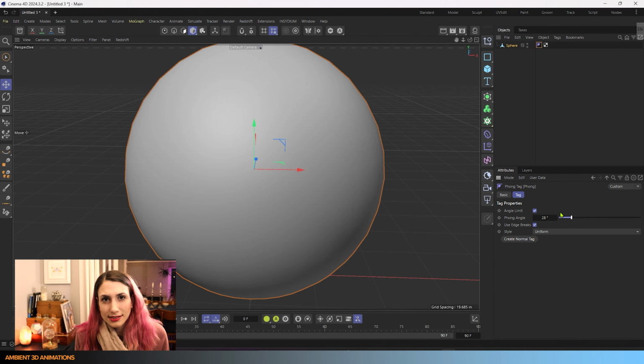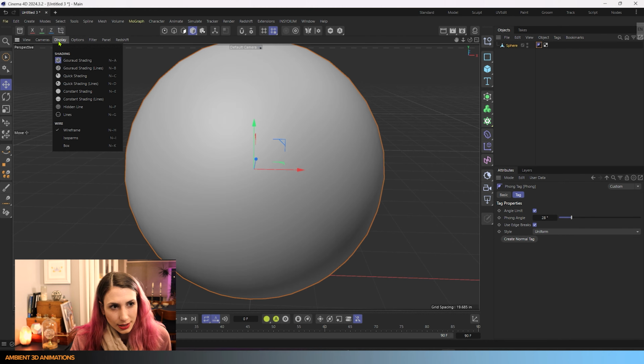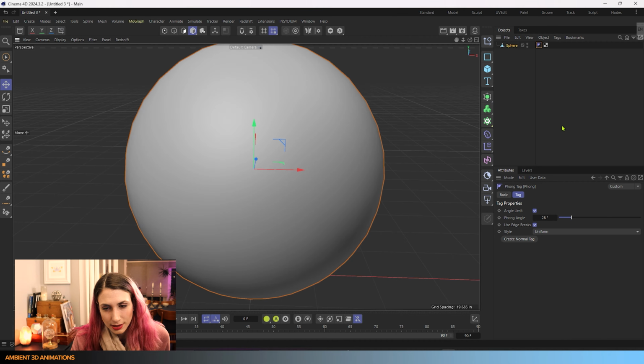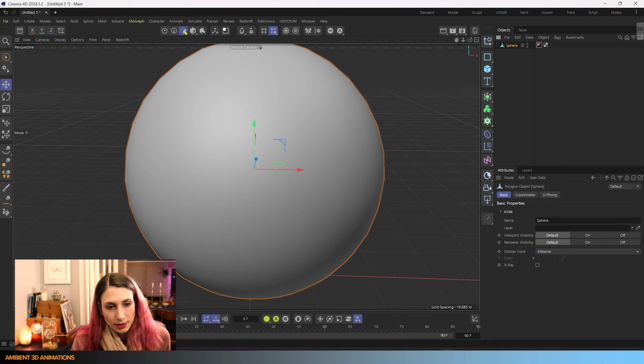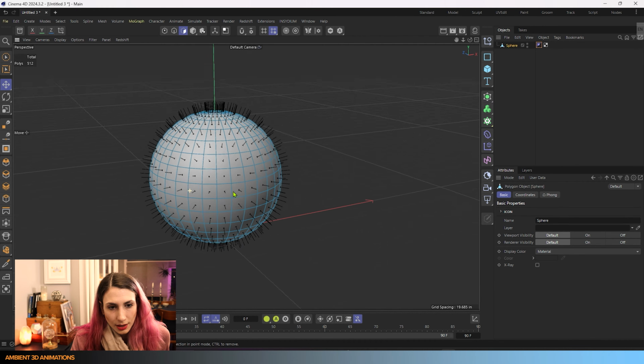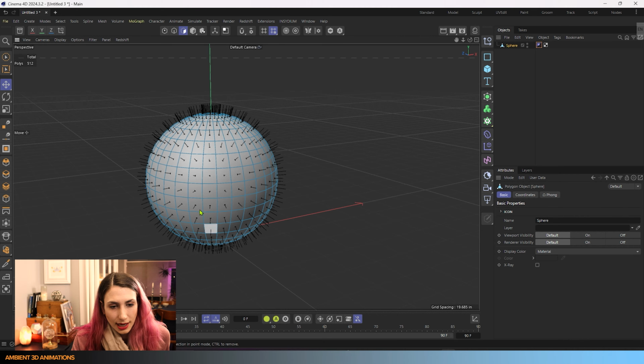So what exactly is the normal direction of a polygon, or a vertex for that point? Well, it helps you visualize it if you turn it on within your display. So within our options, you'll see we have polygon normals listed here and vertex normals. If we turn on polygon normals and we select our sphere, and we select our polygons, you can see that we have these lines all pointing out of these polygons. Those lines are showing what your normal